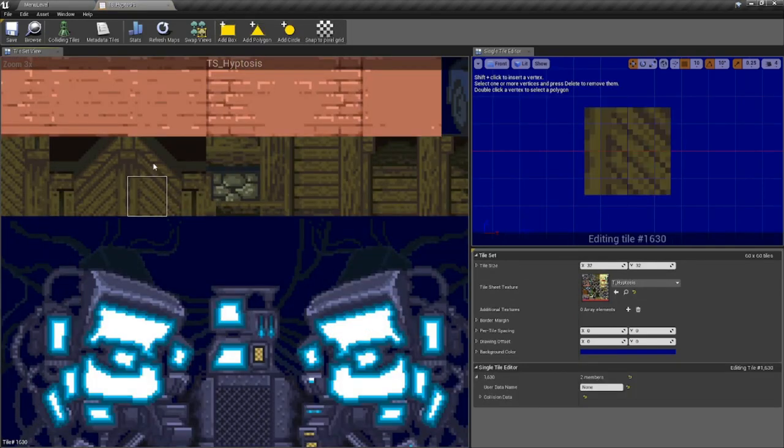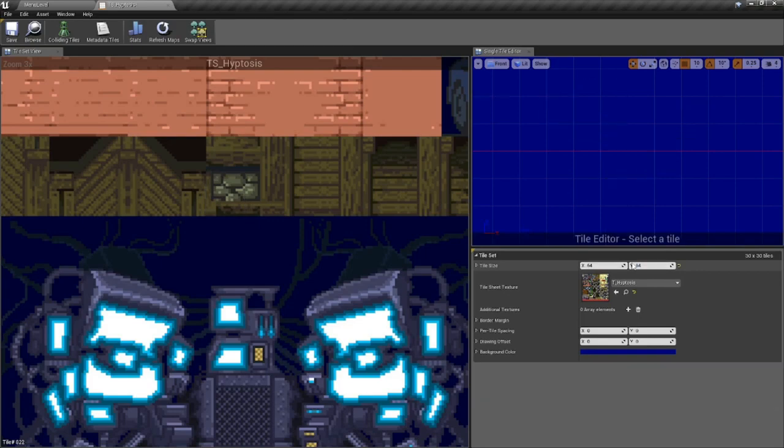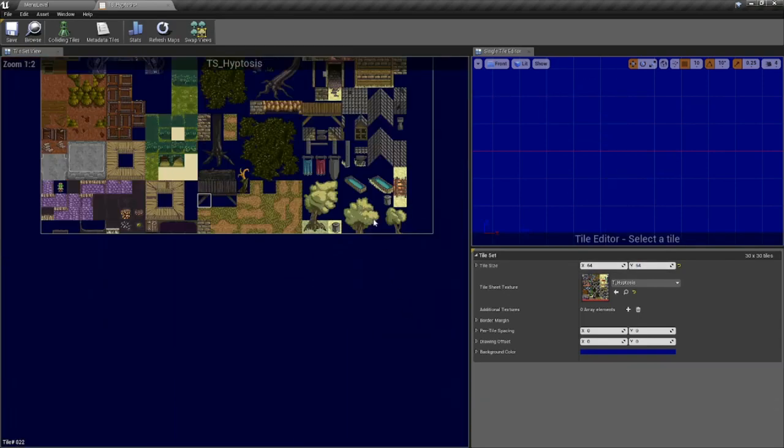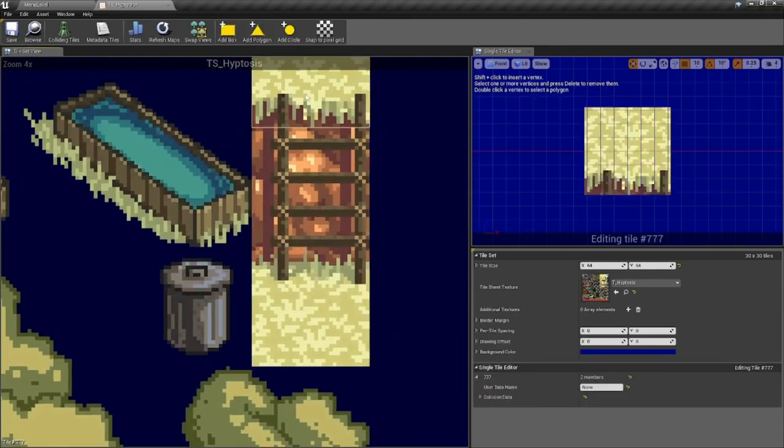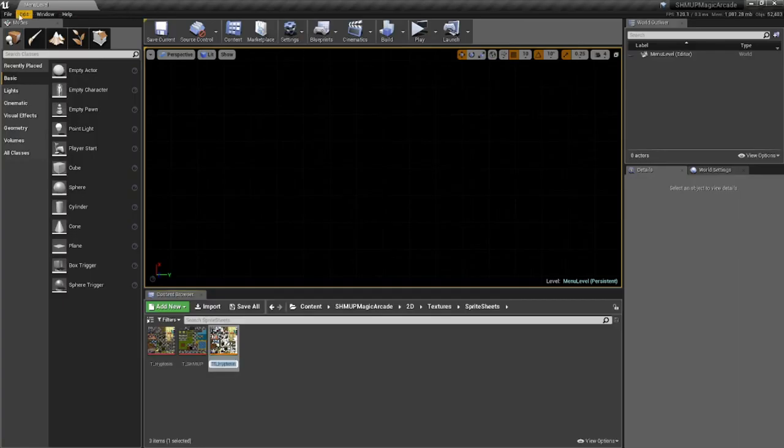To find out what size tiles we have on this tile set, which I already know they're 64, but sometimes if you can't find out what the actual range is, then you have to just experiment until you get the right size. These are 64 by 64. Best way to test your tile size is to come to the bottom right, and if they match here, they generally match everywhere. You can close that, save all.